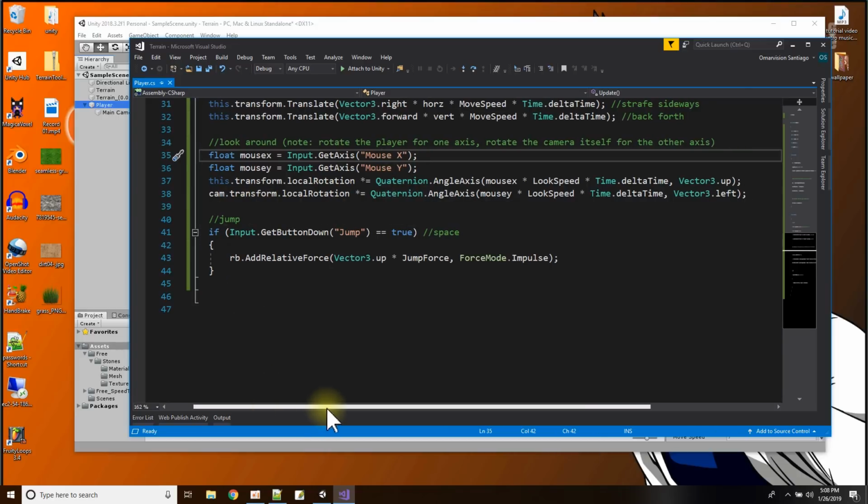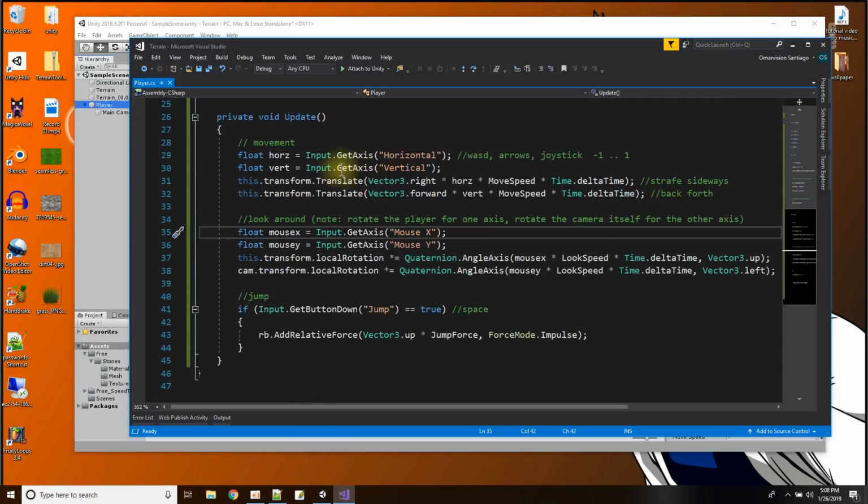So now instead of using the translate command like I did over here, I'm going to use a rotation command to rotate. So there's two different axes I want to move on. To look left and right, what I'm going to do is turn my player left and right. So this transform.localRotation, this is times equal. When I put a star and an equal sign,